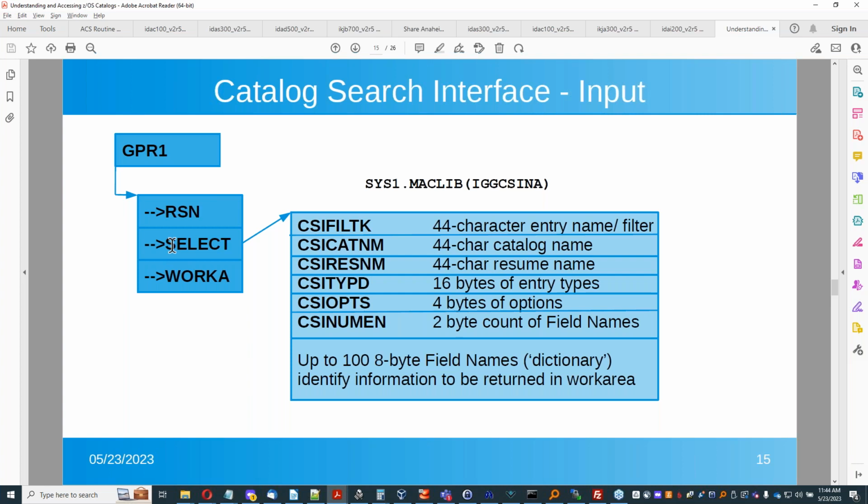Register 1 points to a pointer to the selection list, which is mapped by IGGCSINA. The important parts of that are the 44-character name that you want. That is the name of the data set, or the data set name filter. So I might return multiple data sets with a single value in the CSI filter key. I can limit it to particular characters if I want to specify a catalog name, and up to 16 bytes